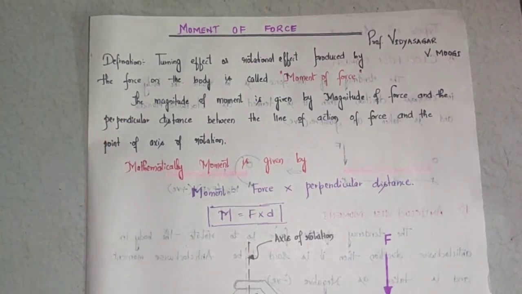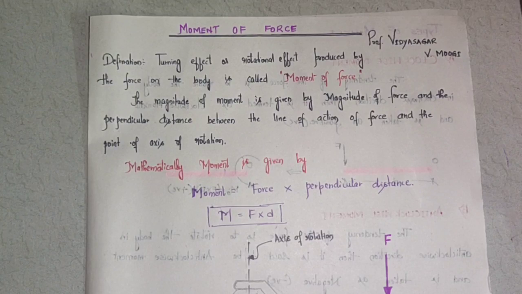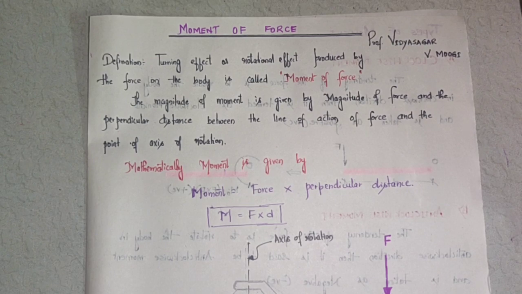Moment of force is nothing but the turning effect or the rotational effect produced by the force on the body. So far in the last sessions we discussed how the force is acting on the object with respect to its horizontal axis and vertical axis and with respect to some inclination theta. So far we only dealt with problems on applying the conditions of equilibrium, summation Fx and summation Fy. There is one more condition of equilibrium, with respect to the rotation effect on the body. That is summation M.